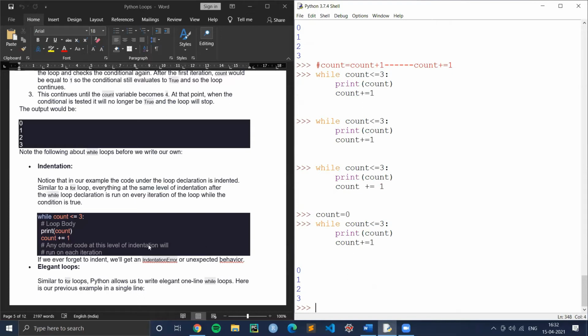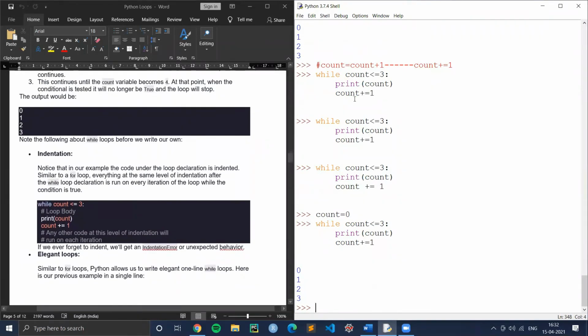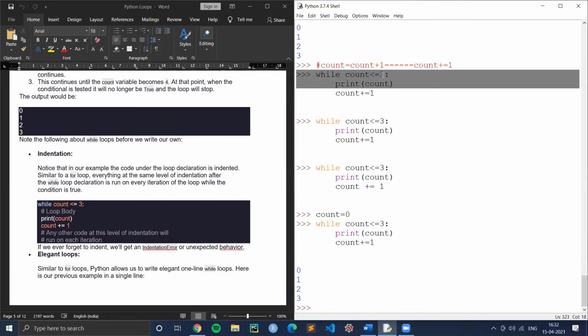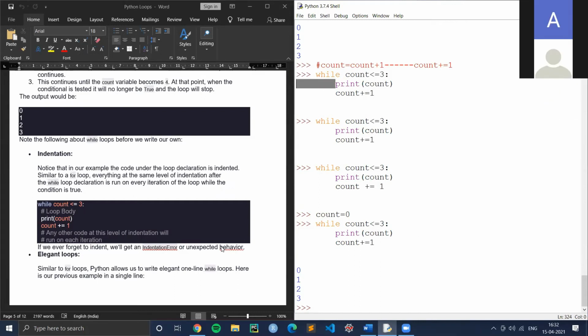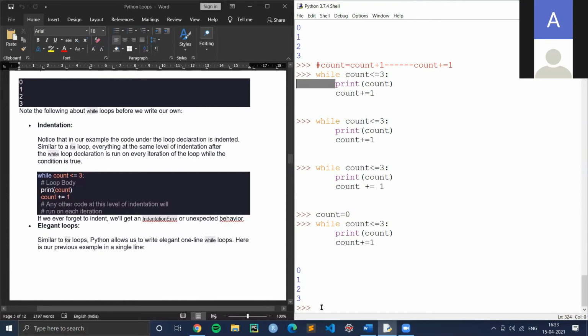Right. So this is the syntax for the while loop. Again, there's an indentation which you have to take care of. After I have entered my while loop, I have put a colon. As soon as I press the colon, you can see it shows white spaces here. So these are the white spaces. It indents automatically.